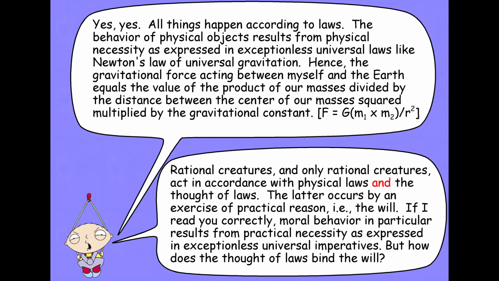So just like gravity impels us to fall when we're unrestrained, a dictate of reason, a rational command, can impel us to behave in a particular way. And this is something that is true only of rational creatures. Kant doesn't even think it's true of animals. So your cat, your dog, monkeys, goldfish, they're all just physical objects in Kant's mind. Human beings are the only example of a rational creature, and we're the only kind of creature that behaves